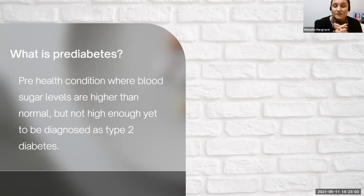So what is prediabetes? We're going to go over a little bit about that. Like I mentioned, gestational diabetes goes away, and sometimes diabetes doesn't. Since there are no symptoms, we need to get tested. A woman who had gestational diabetes needs to be tested first between 6 to 12 weeks postpartum, usually at the 6 weeks postpartum visit, and then every year for the next 3 years, to make sure that we didn't develop or are not developing